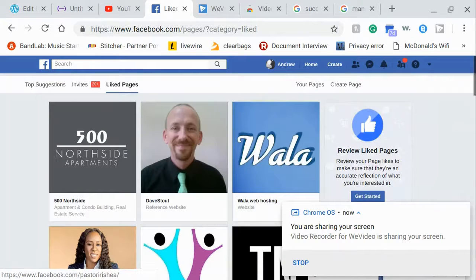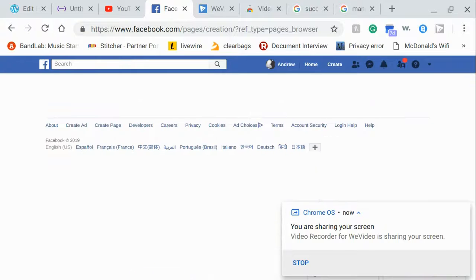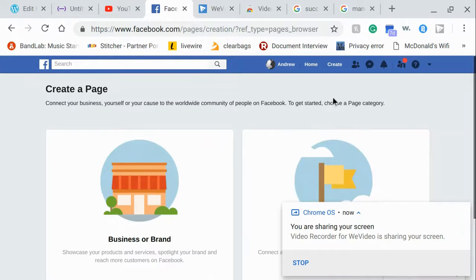You're going to look for a place. It's going to bring up some of the pages that I've liked. As you can see, liked pages, but our interest today is to create a brand new page. Okay, so you're going to look towards the upper right hand side of the page, and you're going to find where it says Create Page. Then click on that, Create Page. Then you give it a second or two, and then it's going to bring